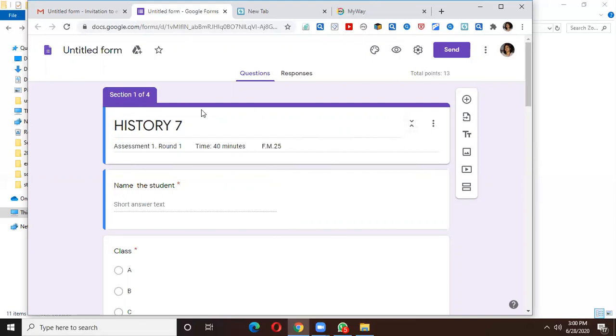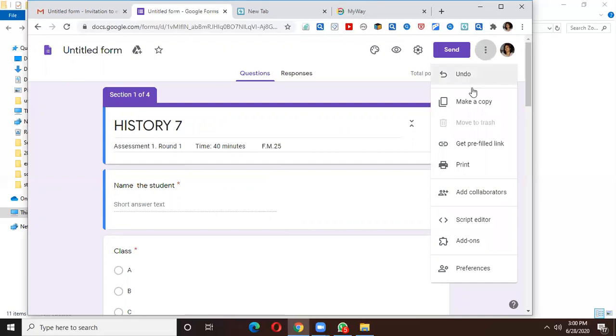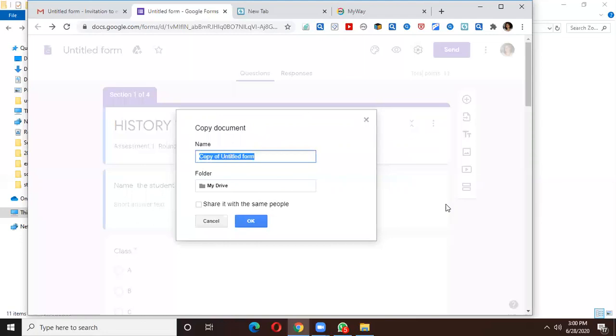In order to become the owner of this form, I will take my cursor to again more. On the right hand side corner, I will press this more. And there in the second option, you will see make a copy. I will click on that, make a copy. After you click on make a copy, you will see a name of a document. Now in this, you have to change the name and give like Indira teacher has sent. So I will write Indira copy 1 so that I can identify this form in the rest of the forms and I will press OK.